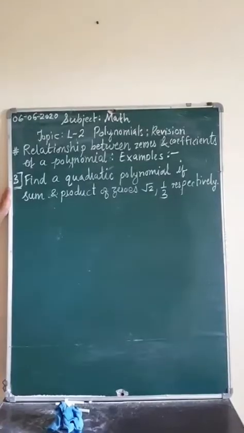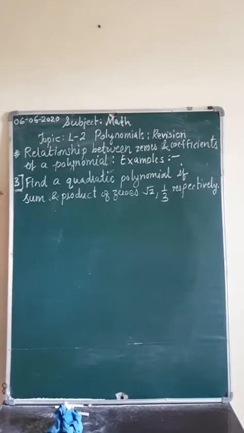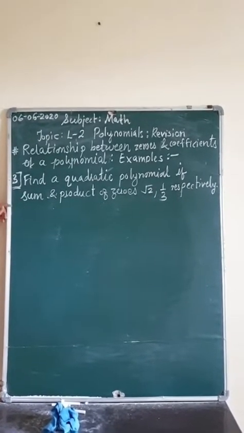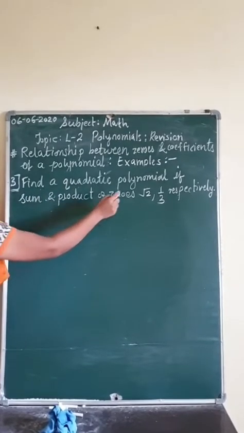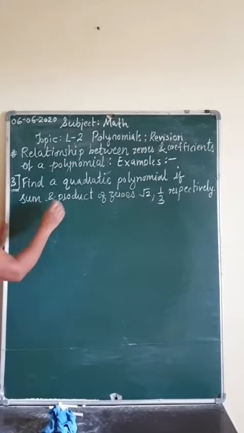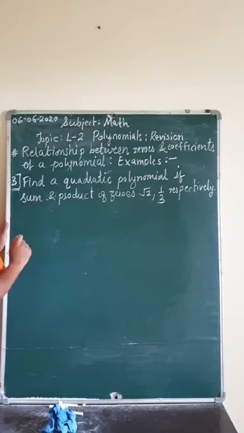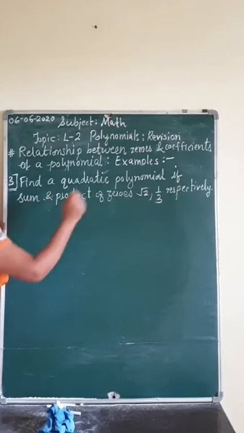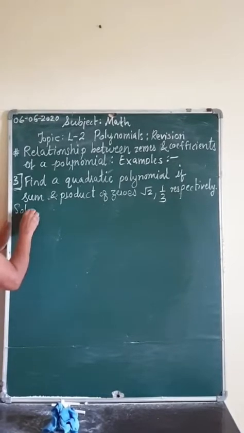Third example is one of the questions of NCERT book exercise 2.2. Find a quadratic polynomial if the sum and product of zeros are root 2 and 1 upon 3 respectively. So here they have given us sum as root 2. It means alpha plus beta is root 2 and alpha into beta is 1 upon 3. So we will start it